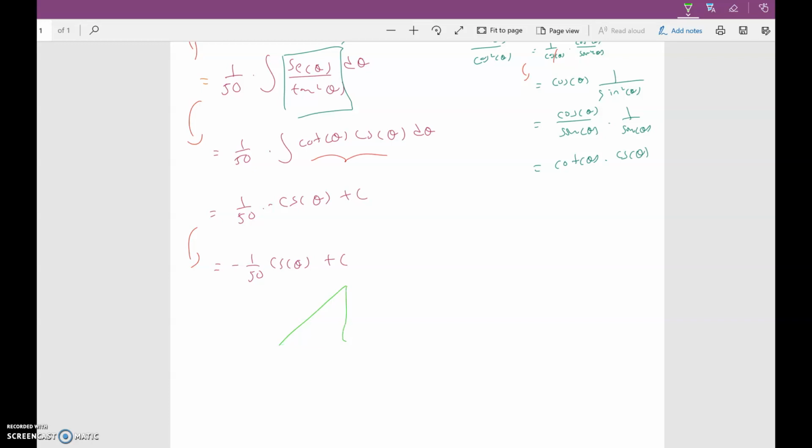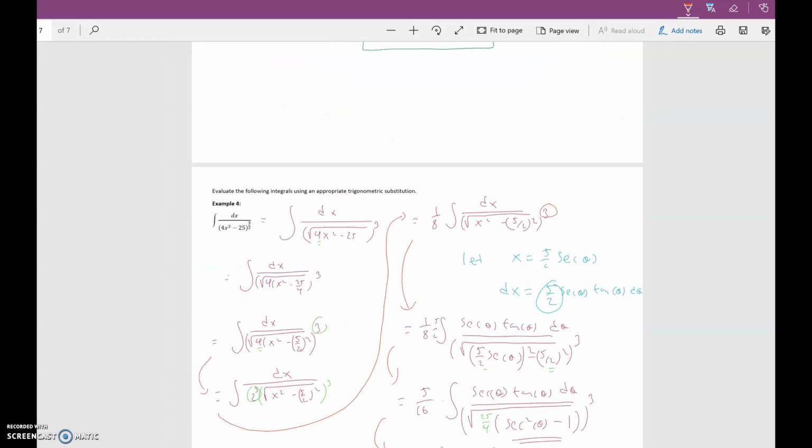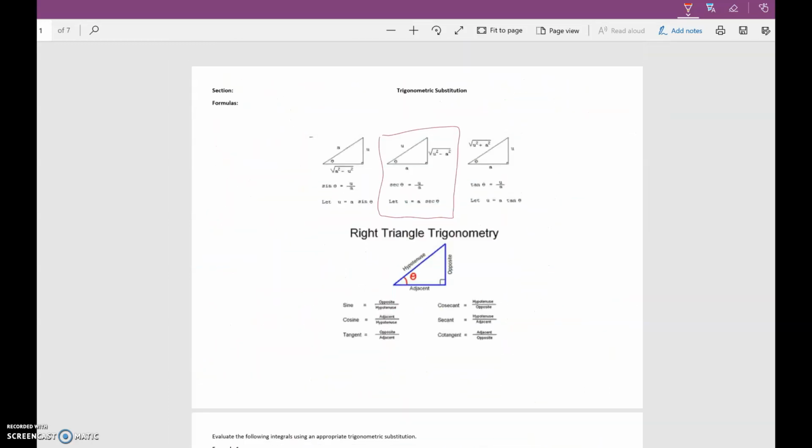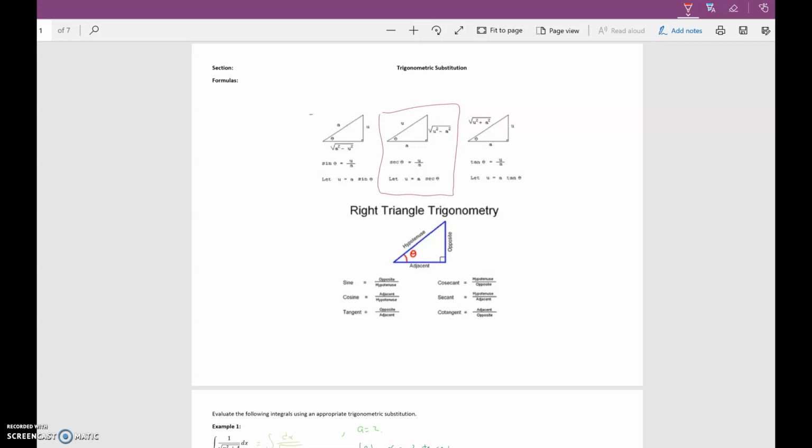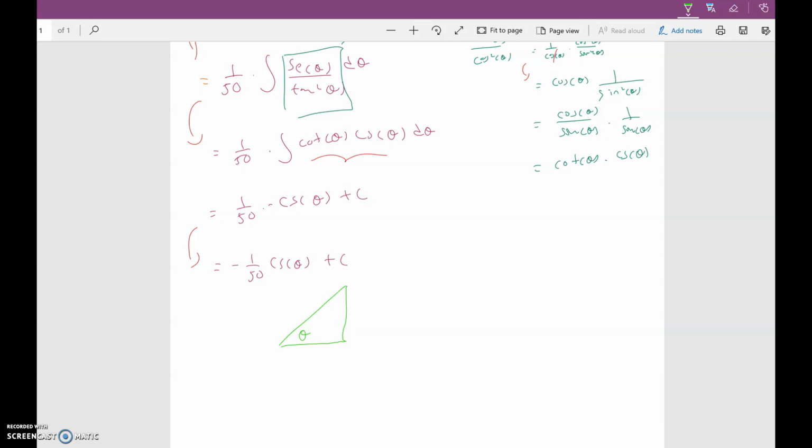well, to rewrite it with the original variable, which happened to be the x's. So this is your actual angle, and the identity on the, we did the secant, so you're going to have the u and the a. So in this case, this is going to be your x,